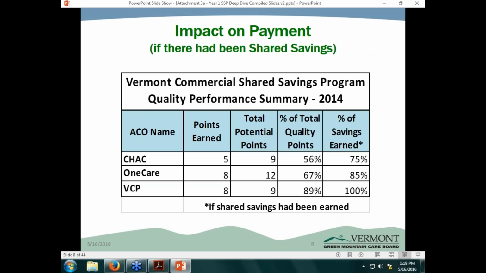We're working now with Lewin to develop the second-year report, which will be compared to the first year. So you'll be able to see if there was any improvement or fallback on the quality measures, how they performed on the expenditures relative to target, and also compared to year 1. So I think it'll be much more informative